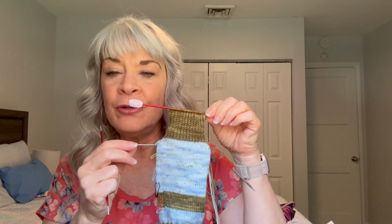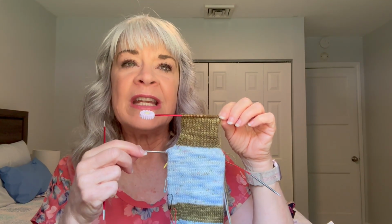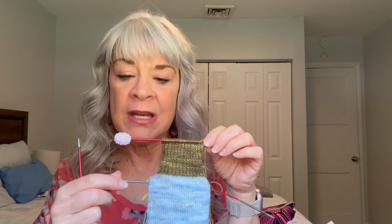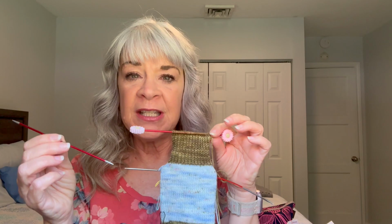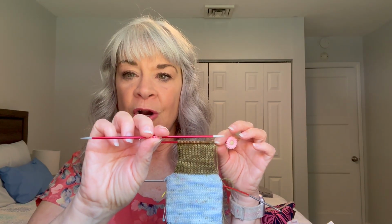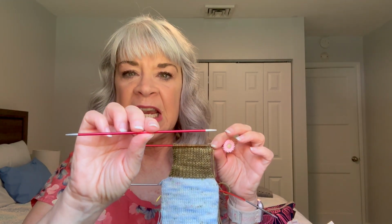Yes, I use 9-inch circulars. They're 2.5 millimeter needles. But when I do the heel flap and heel turn, I change to DPNs, 2.5 millimeter DPNs. These are Knit Picks or Knit Pro Zing